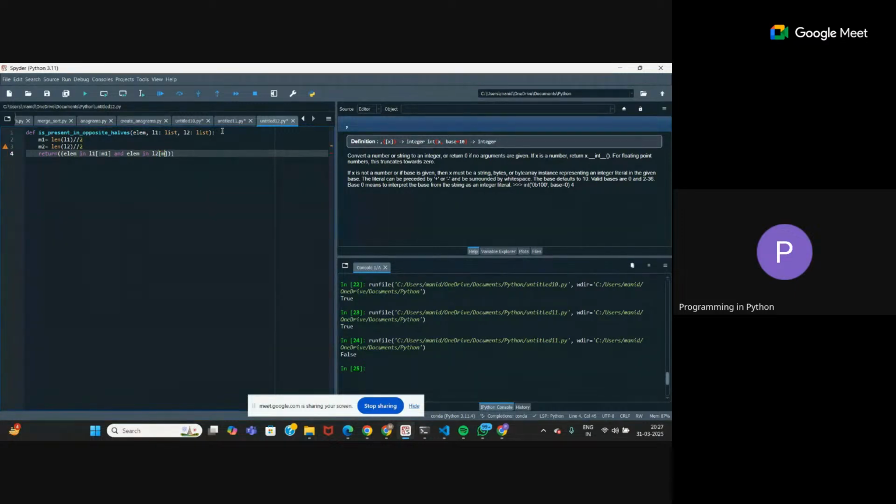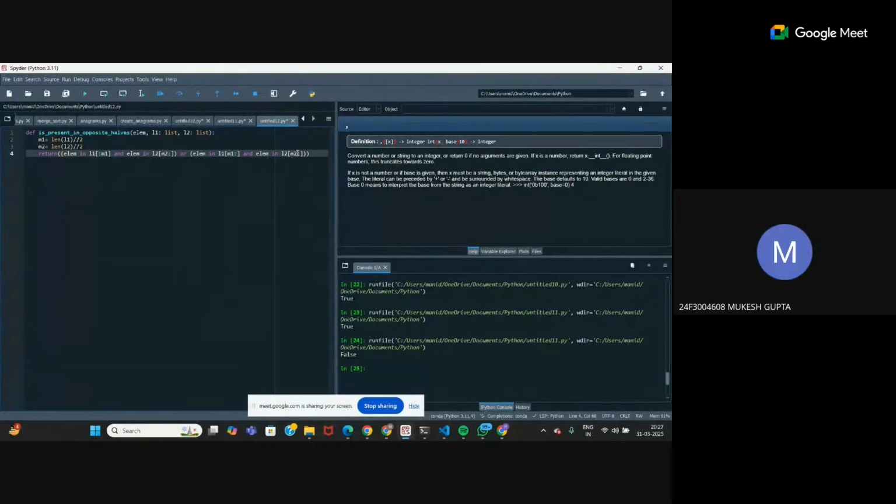So L2 second half. This is one condition. Another condition that can also be possible is, or, just the same thing, you can copy paste and reverse it. So here we check for the second half in the first list and the first half in the second.